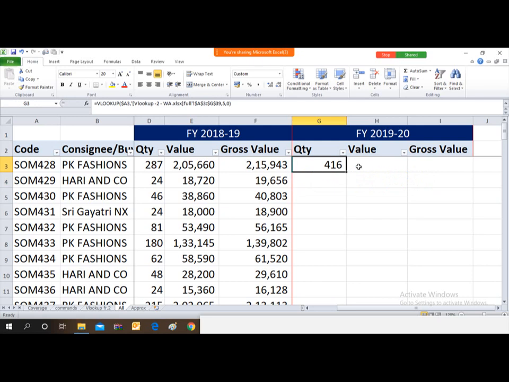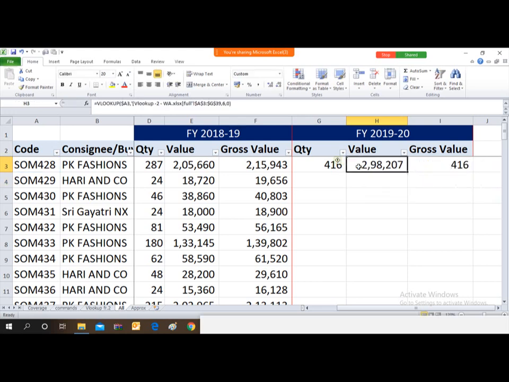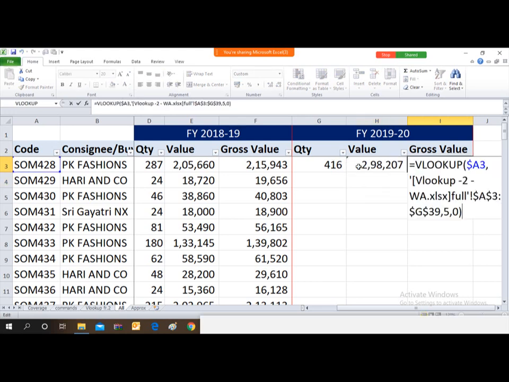So now friends, copy the formula in the remaining cells. Here the same value is appearing because I have put the column number as 5 only, so I need to change the column number. The next column is 6, and in the gross value the column number is 7.